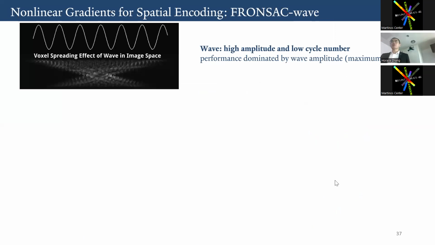Okay, so that's it so far about the field mapping. Now I want to talk about the encoding capability of FRONSAC and wave. The encoding capability of wave is mainly determined by its amplitude rather than cycle number. That's why we need a high amplitude, but restricted by the slew rate. You need to go with a low cycle number because the performance is dominated by the maximum excursion in the